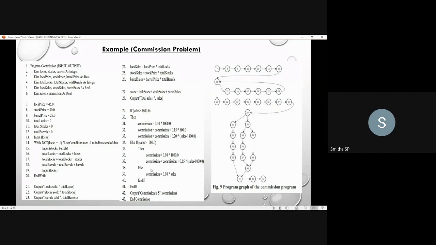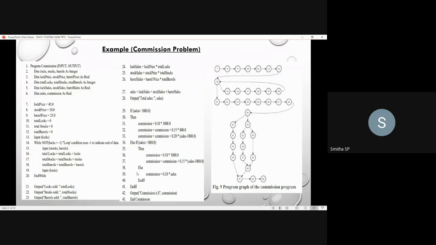Next comes the 38th. Here there is one more scenario that you come across once you come to the 29th node. So 38th to 39th, it's the else statement. If neither of the ranges applies, then you go for another scenario, that is, the sales is less than 1,000.